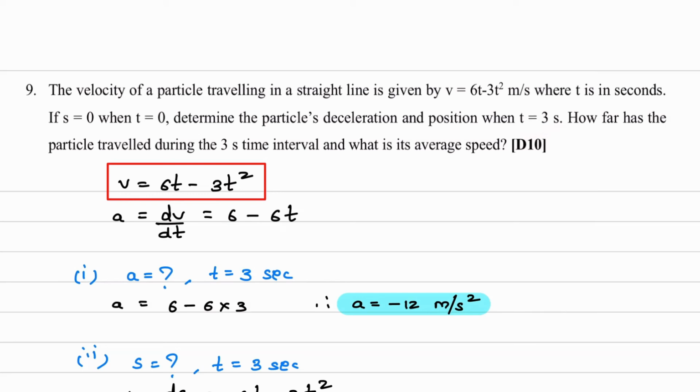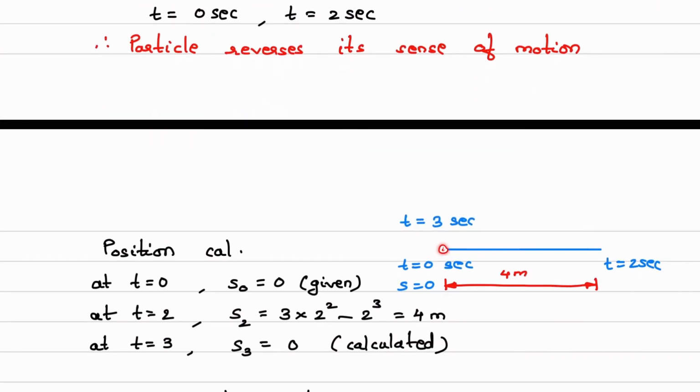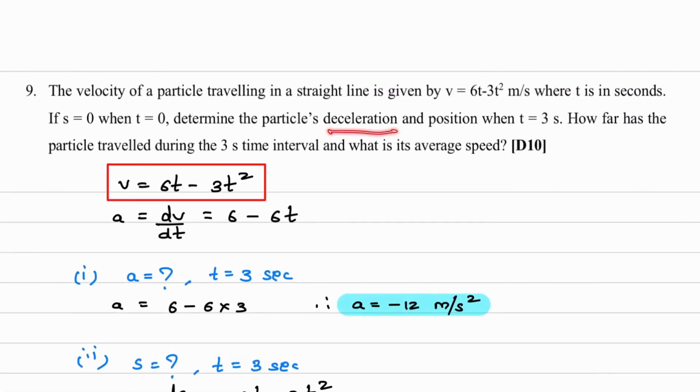Now that position will be with respect to a fixed point. We are starting at this point at time equal to 0. With respect to that point, what is the position? In order to calculate that, what is the first part? Deceleration. When time is 3 seconds, we require the relation between acceleration and time. How to get that? Acceleration is dv by dt. From there we got the relation between acceleration and time, and here time is given. From there we calculated the acceleration; it is negative, so we concluded that it is a deceleration. That is the first part of the question.